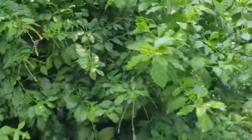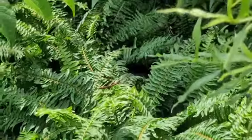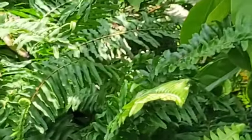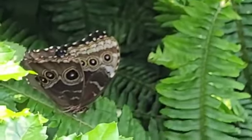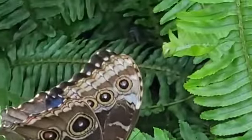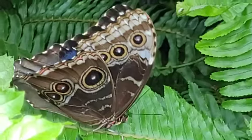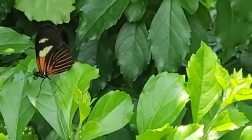There are some Adiantum ferns also added, and even on Adiantum you will find this Heliconian butterfly, long winged, postman butterfly. They are also joyful even in the greenery of ferns. And on the same fern Adiantum you see this blue morpho also taking shelter. Upper surface is blue, so it is named blue morpho, not to be confused with the owl butterfly. The owl butterfly is bigger, and another butterfly, Heliconian butterfly, postman butterfly, is sitting on the foliage of